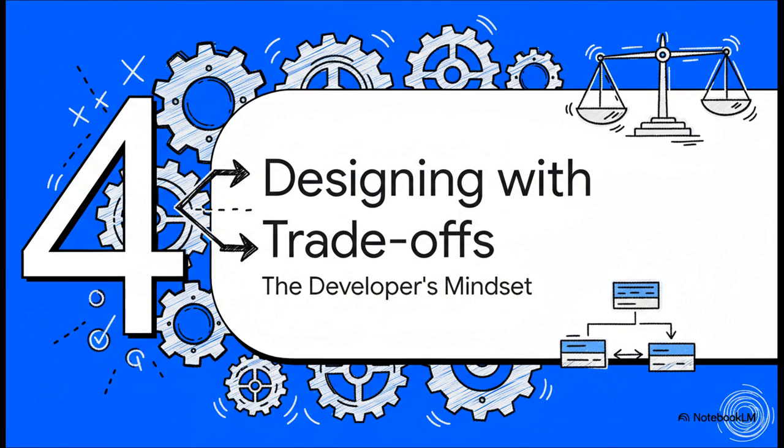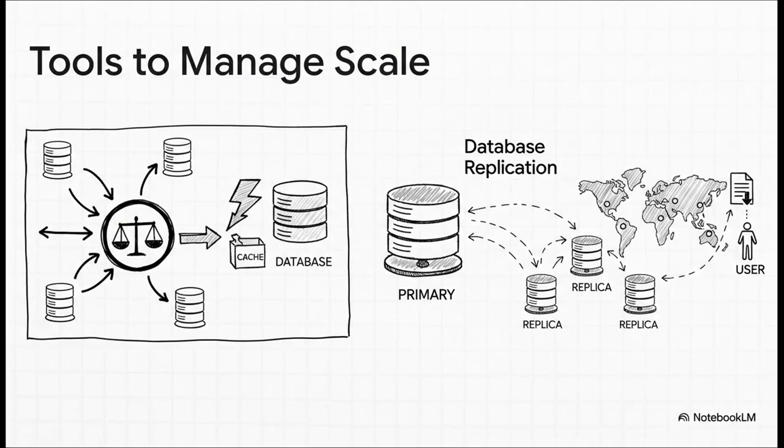So how do they manage it all? Well, it all comes down to adopting a very specific kind of mindset. Engineers have this whole toolbox of strategies to help them balance these trade-offs. You've got things like load balancers, which are like traffic cops, spreading out users to improve availability. You've got caching, which keeps frequently used data close by for speed. Database replication creates backup copies of your data for reliability. And CDNs store things like images and videos closer to users all over the world to cut down that latency.